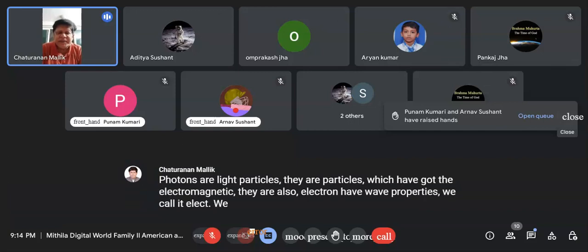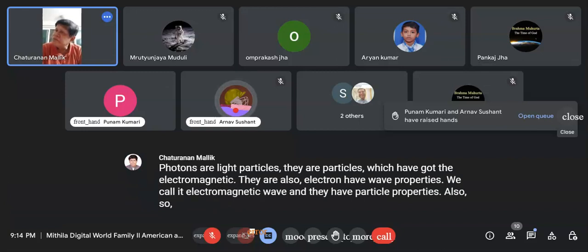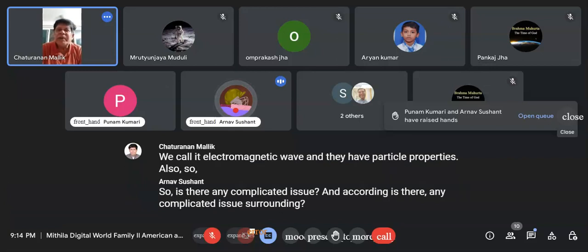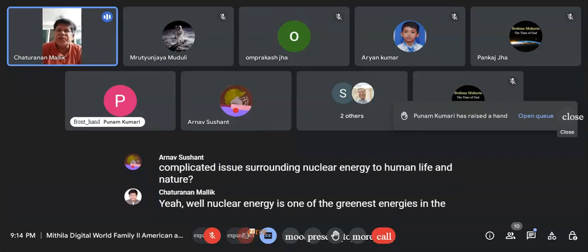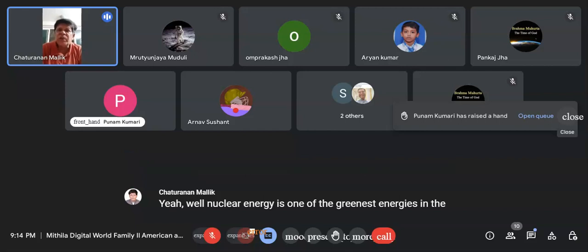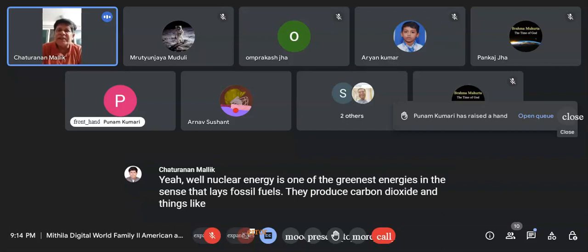Sir, is there any complicated issue surrounding nuclear energy to human life and nature? Yeah, well, nuclear energy is one of the greenest energies in the sense that fossil fuels produce carbon dioxide and things like that. Nuclear energy does not produce any of those things. So now the only problem is that in a nuclear reactor there are